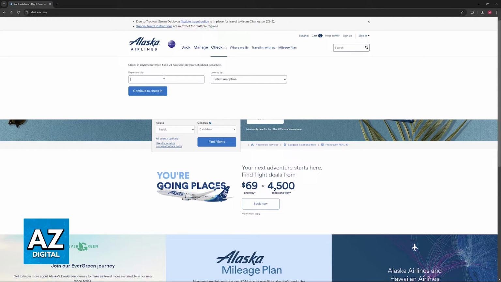You just have to include your departure city, so look for your departure city from this list, and afterwards you can confirm it by using the confirmation code, e-ticket number, or mileage plan number. It doesn't matter which one you select, you just have to choose one of these and confirm your flight. As long as everything matches up, you will be able to click continue to check in and get this process